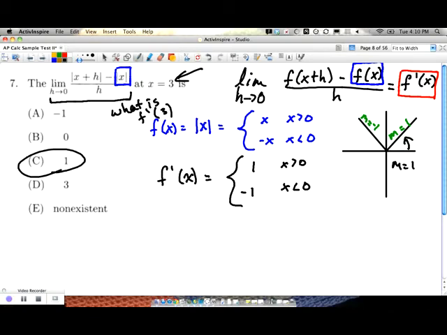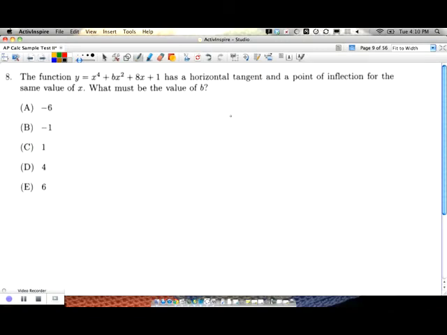The answer is C. Number 8. This one has lots of pieces to it, a lot of extra algebra that we're going to be seeing, but two key things that we need to see at the very beginning. Vocabulary: horizontal tangent and point of inflection. Whenever you hear the word horizontal tangent,